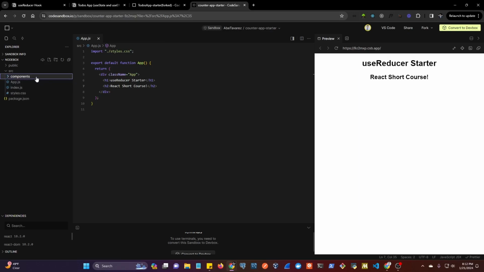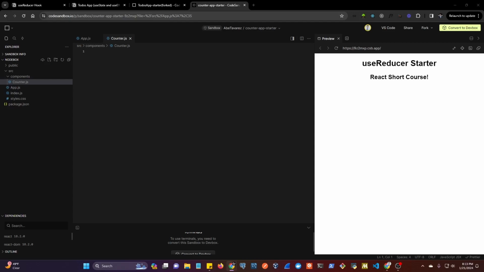Inside the components folder, we're going to create a new file, counter.js. And here's where we're going to create the new counter component. So we're going to create first a counter function here. And then let's just set that one to an arrow function like this. And we're going to return